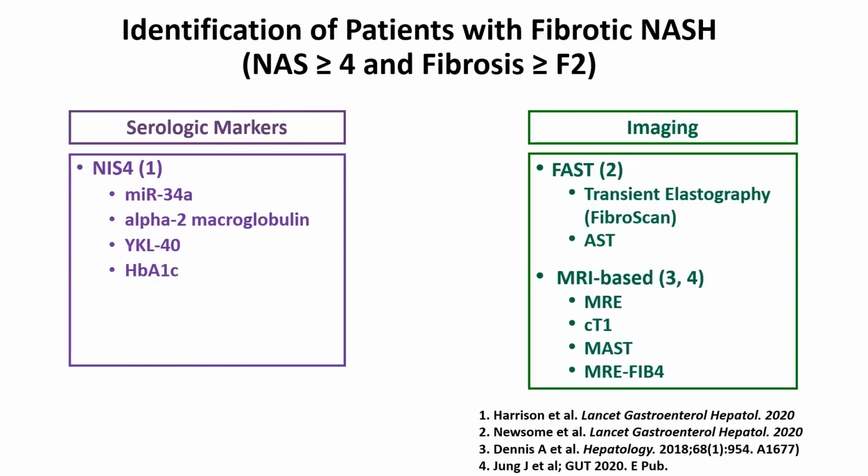So we have MR elastography that can determine the stage of fibrosis, corrected T1, cT1, which is part of the LiverMultiScan. This reflects liver fibroinflammation. You have the MAST score that we developed that has MRE, MRI-PDFF, and AST, and MEFIB that relies on the FIB4 score plus MRE values. So a lot is happening in the field. The AASLD updated guidance document that was published in 2023 actually mentions these new MRI scores. So that's a good read for you guys over the weekend.